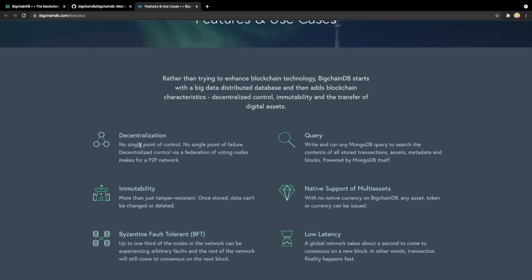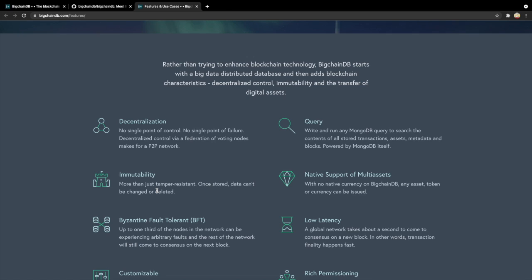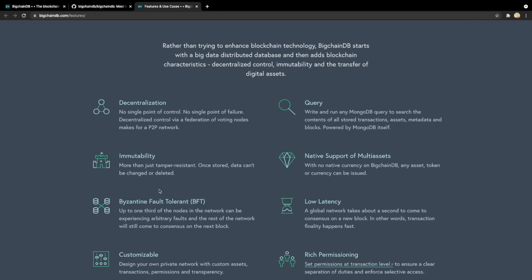The very first thing is that it supports decentralization, which means there would not be any single node controlling. Rather, it would be a distributed environment where multiple nodes work on a P2P network, which means peer-to-peer network, and maintain the data, so even if one node goes down, other nodes will support the application. Second is that it is immutable, which means even if you have access to the database, you cannot make any changes or delete anything.